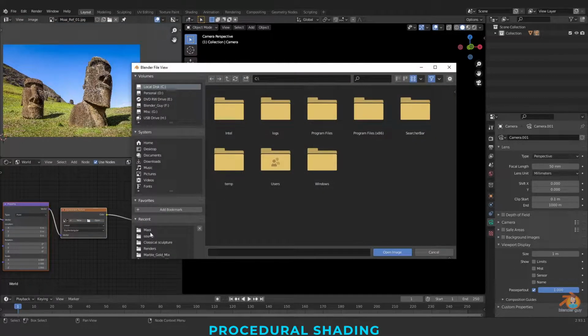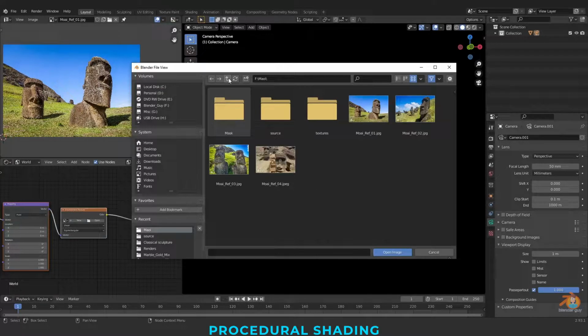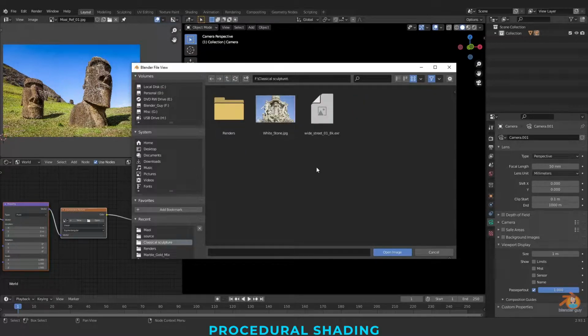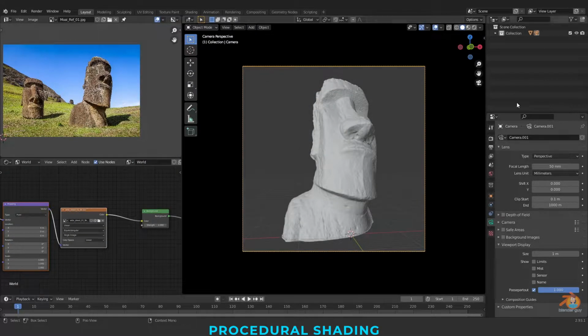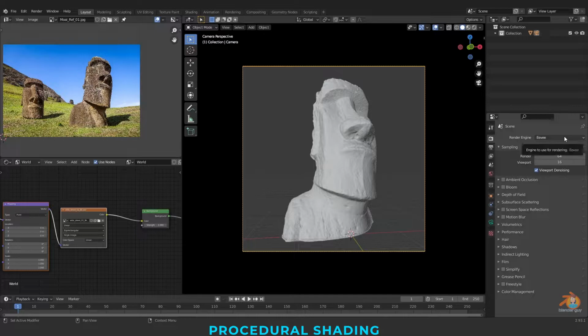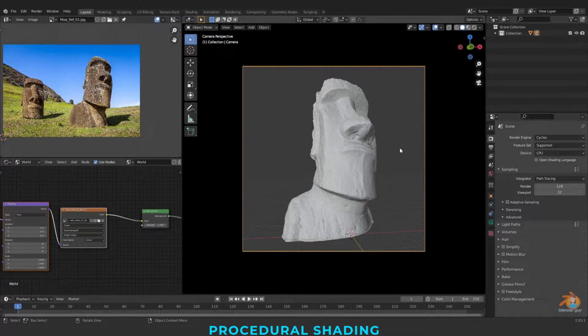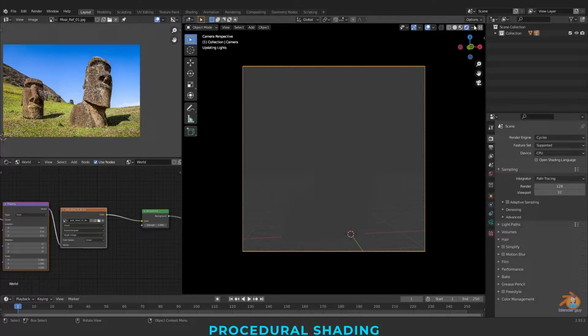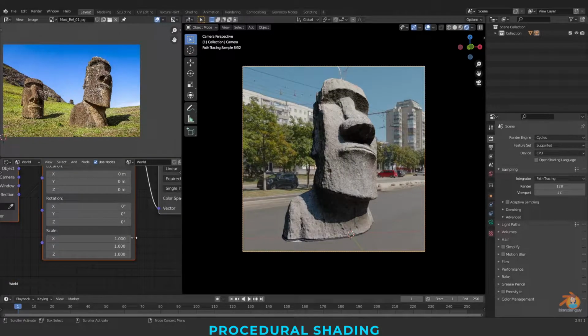I'm going to open my previous HDRI which I have used for this classic sculpture, and I'm switching from EEVEE to Cycles. The whole tutorial will be in Cycles. Now let me rotate the HDRI 45 degrees.